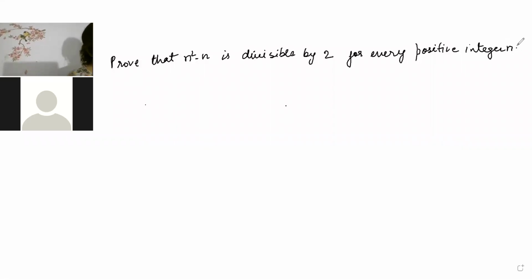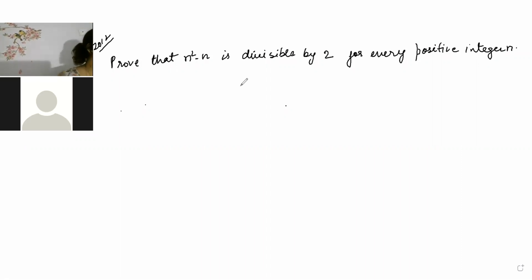This question already came in CBSE, in 2012, so we have to be very particular. They are asking the same pattern question. There will be a 3 set paper, and in that, any one set will be of any order. So the 2012 question: prove that n square minus n is divisible by 2 for every positive integer.